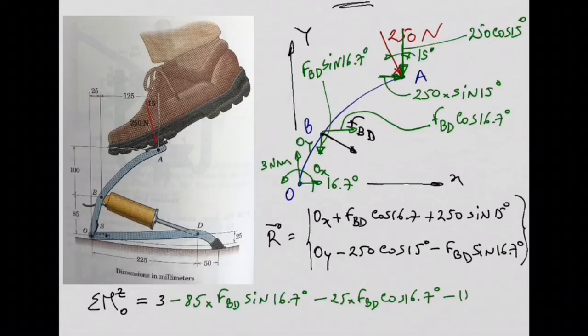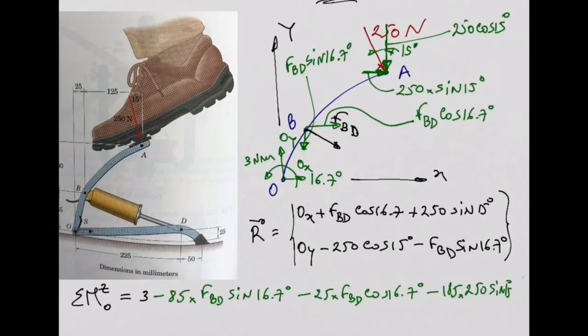So minus 185 times the force, which is 250 sine 15. And now the last term I need to consider is the moment produced by this component. Is it clockwise or anti-clockwise? Clockwise, so minus